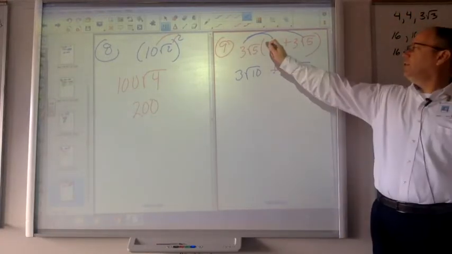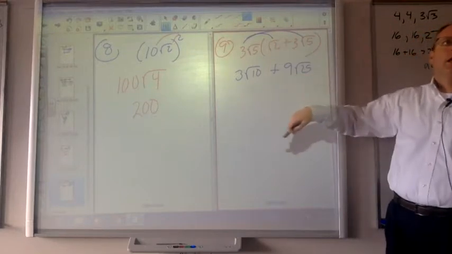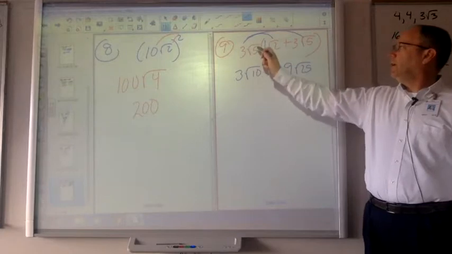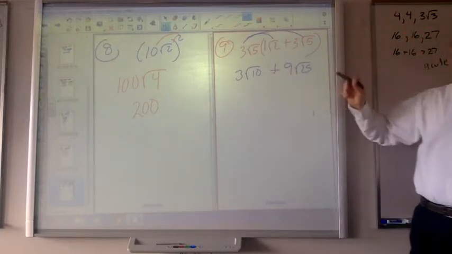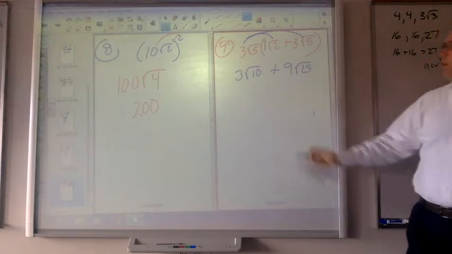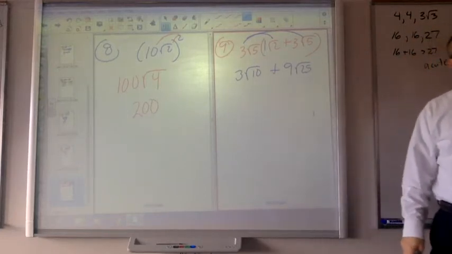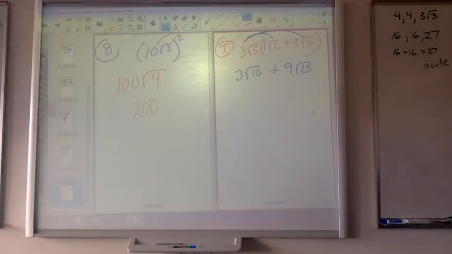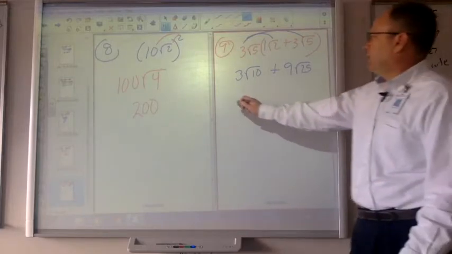So what number was sitting right here in front of this root 2 originally? Had been a 1, so that was basically 3 times 1, 3. Root 5 times root 2, root 10. 3 times 3 is 9. Root 5 times root 5 is root 25. Is root 10 a perfect square? No. Are there any perfect squares that are in it? No. 2 and 5? Nope, they're not going to work. So this is going to stay as 3 root 10